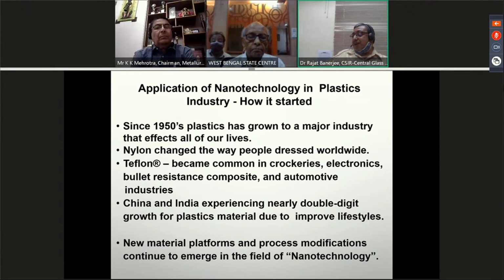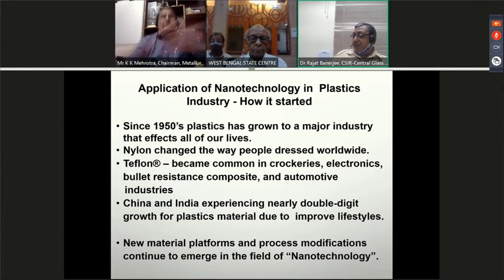Since 1950, plastic has grown to a major industry that affects all of our lives. Nylon changed the way people dress worldwide. Teflon became common in crockery, electronics, bullet-resistant composites, and automotive industries. China and India are experiencing nearly double-digit growth for plastic material due to improved lifespans. New material platforms and process modifications continue to emerge in the